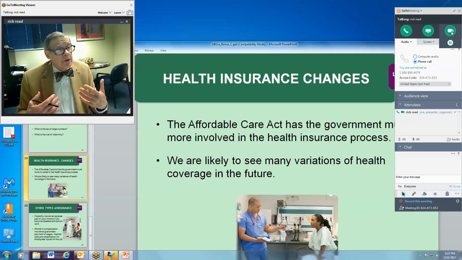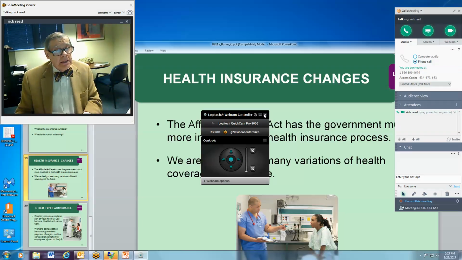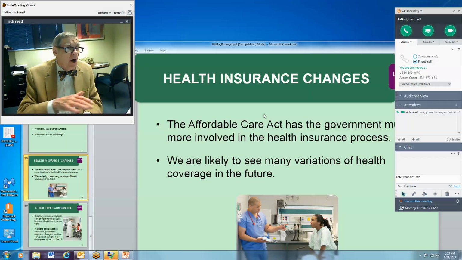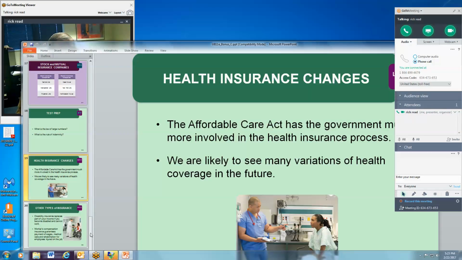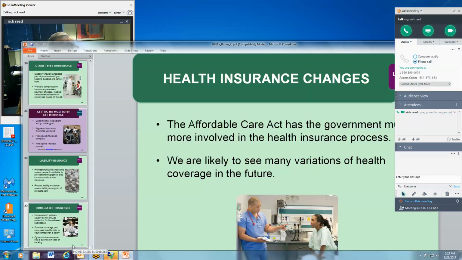Should the Affordable Care Act be abolished? I don't know that answer. Should the Affordable Care Act be altered in some respects? Yeah, probably that's true. It probably needs to be fixed to make it better or make it more reactive or whatever the thing happens to be. But we're going to see some changes there. We're going to see some changes in other types of healthcare plans that are available through your employer, etc. So I don't want to talk too much about that because I expect lots of change, and I don't think most of us know what to expect.